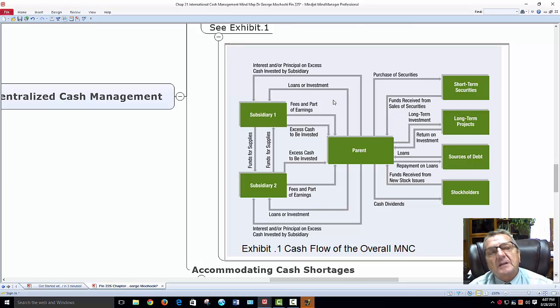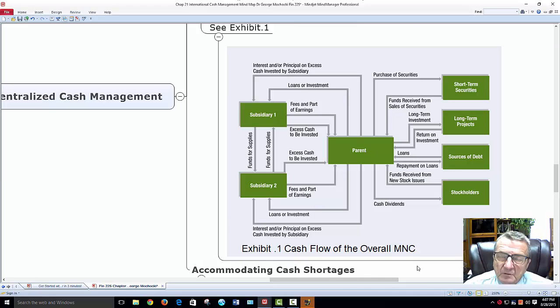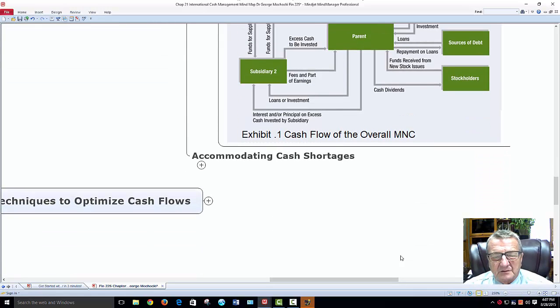It's like the European Union. You could have subsidiaries in France and in Germany. They may border each other, so it makes sense. You already have the relationship, but it's still under the same parent. We've talked about that borrowing strategy a couple of chapters ago. And then purchase securities going back. So you have two things going on: this one going out, and this one coming back with the cash flows. We've discussed that in class, so stop it if you don't remember. Sometimes I throw a diagram and ask certain questions so you can identify the flow, and we discussed that in our lectures already.